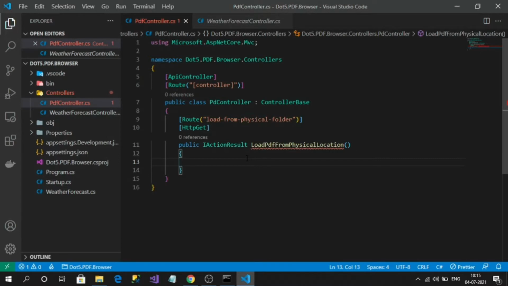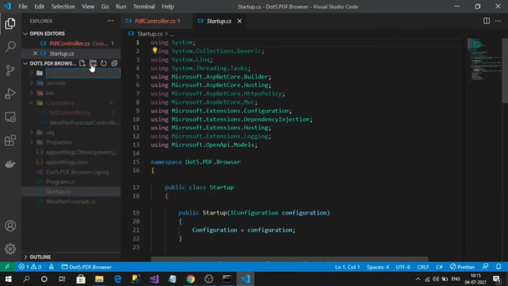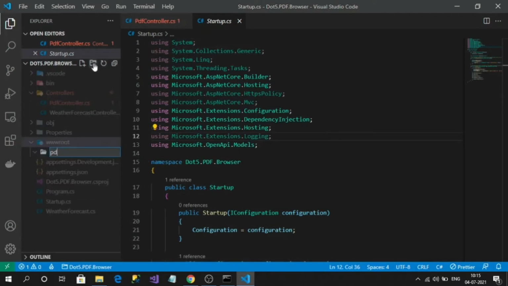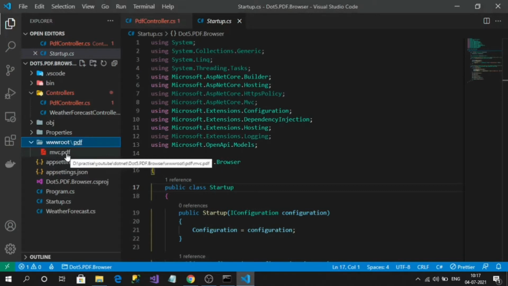To load from the physical folder, I will create a wwwroot folder. The wwwroot folder is a fixed name which is understood by the .NET framework. The wwwroot folder will contain all the static files like images, PDFs, any text files. So inside wwwroot, let's create a folder called PDF. For my demo purpose, I have added a PDF file inside the PDF folder.